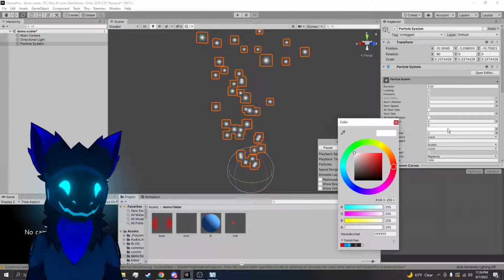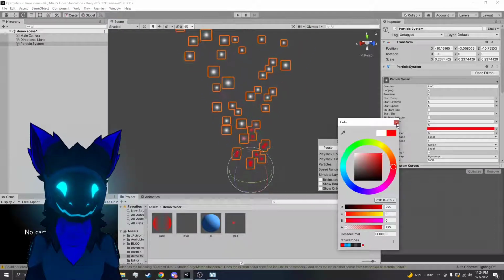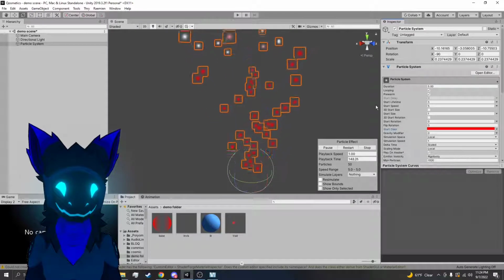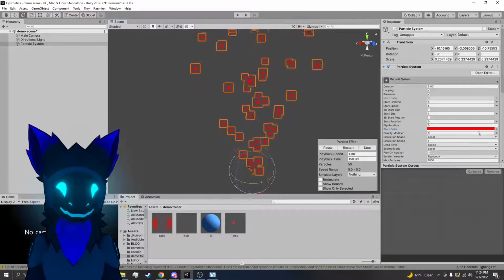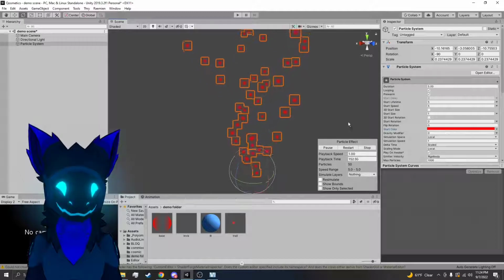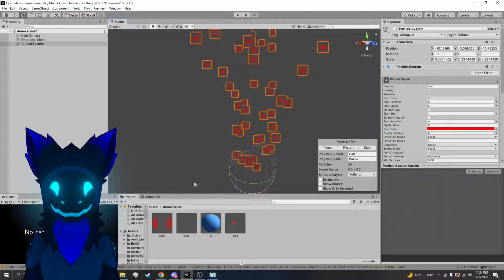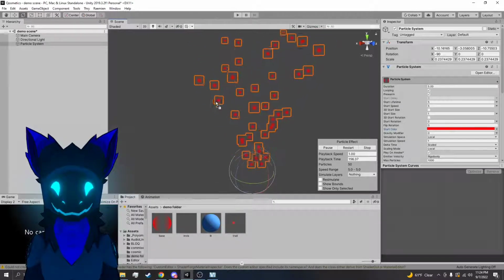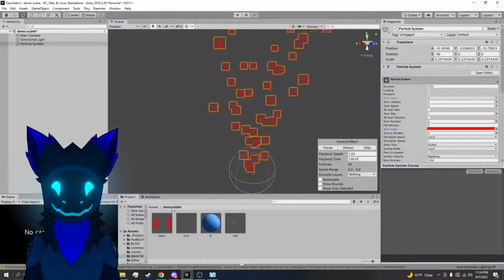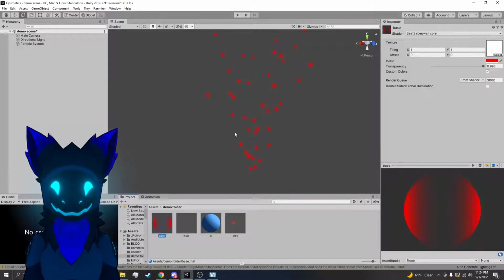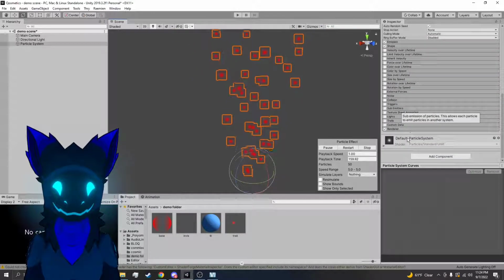Start color. This is self-explanatory. You can change the color that it starts as. And before I move on, I want to get a bit more in depth with start color. Some materials don't actually allow this, like say the base right here. If I were to change this to a Beat Saber shader, the wall core shader should be,